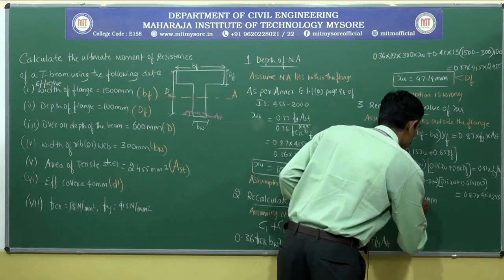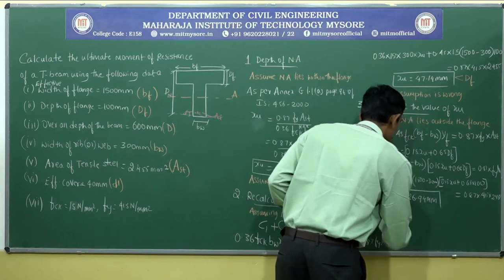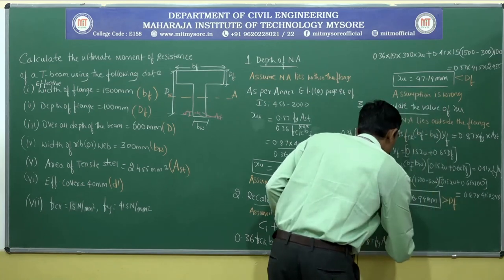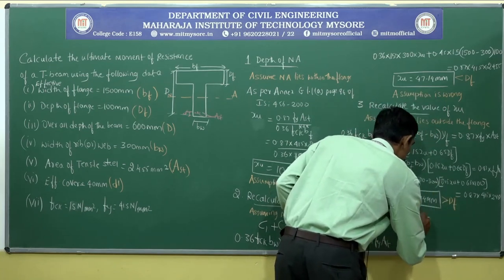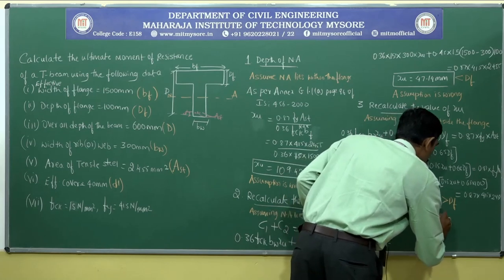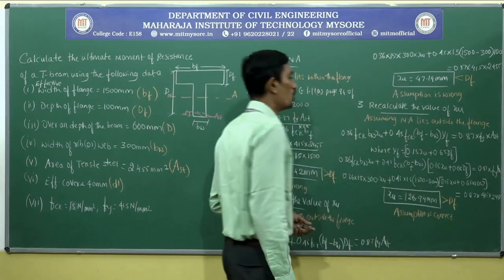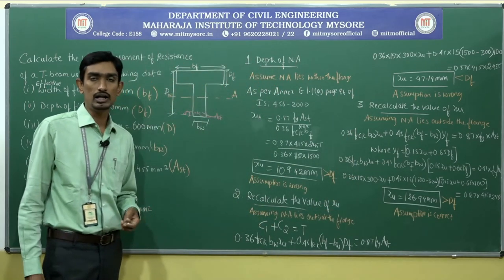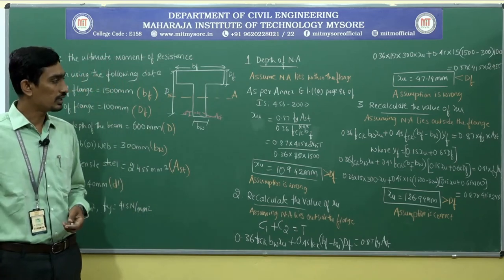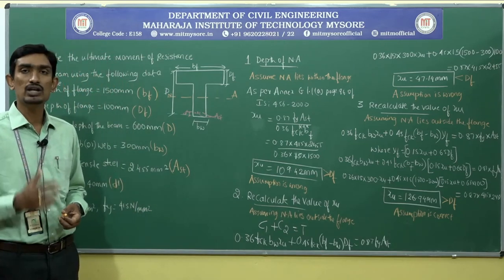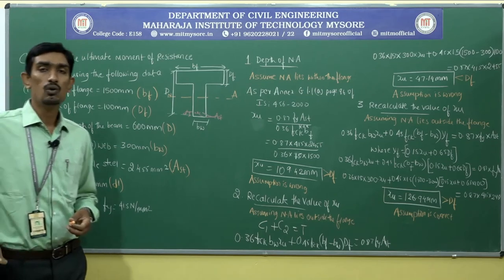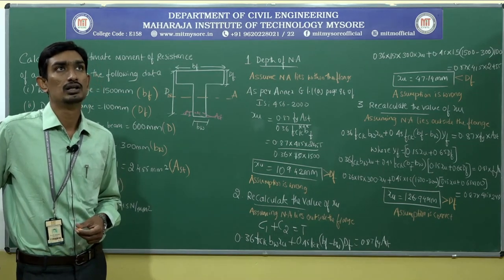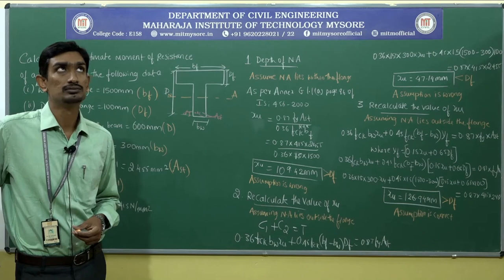126.94 millimeter. So that means it will be greater than DF. Write down the statement here. The assumption is correct or holds good. That means whatever assumption has been made, that assumption holds good. Is it clear? So like this we need to calculate the value of XU, till whatever condition you have assumed gets satisfied. Is it clear? Fine.